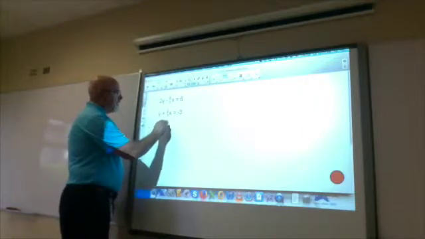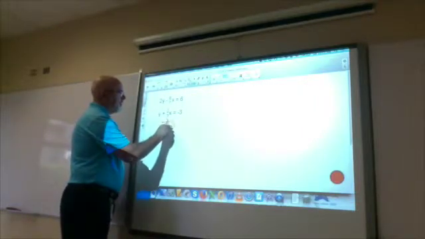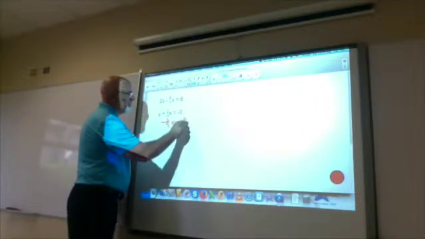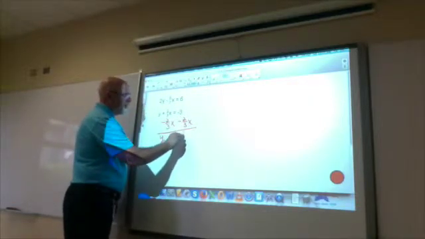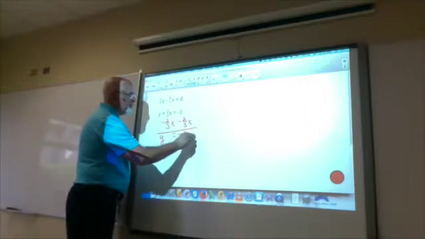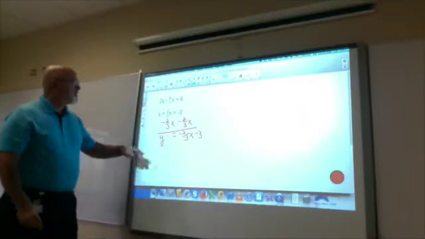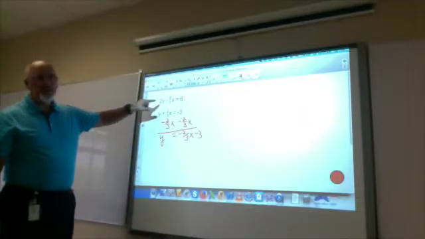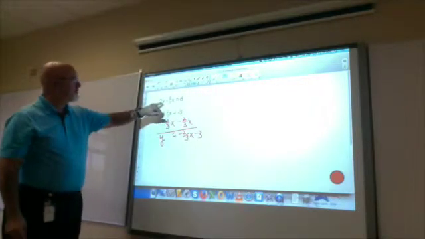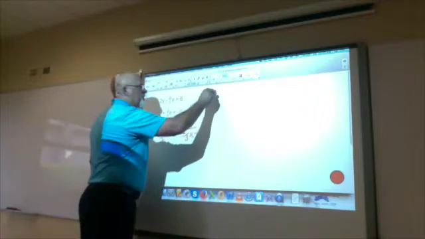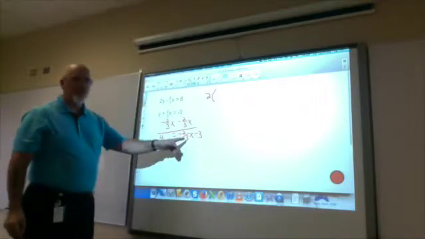So let's go minus 2/3 x on both sides, and that gives us y equals negative 2/3 x minus 3. So now we can come up here into this equation and substitute our value for this y. So we go 2 times negative 2/3 x